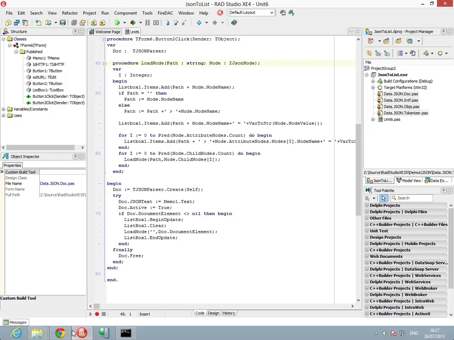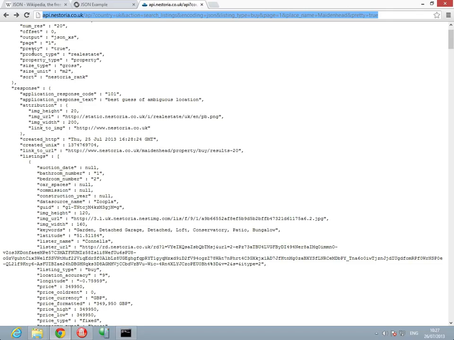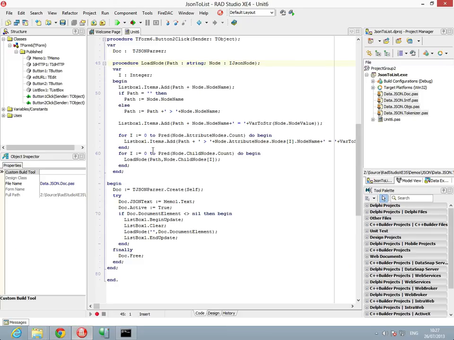So the attribute nodes on the document here are these. These are all attribute nodes, and then this is a child node. The child node has objects within it. And then we're going to loop through and tell each of the child nodes to go load itself using the updated path. So if we go ahead and run this,